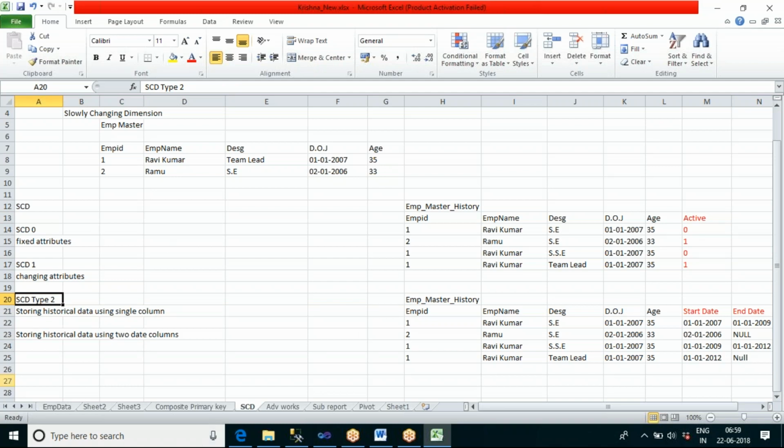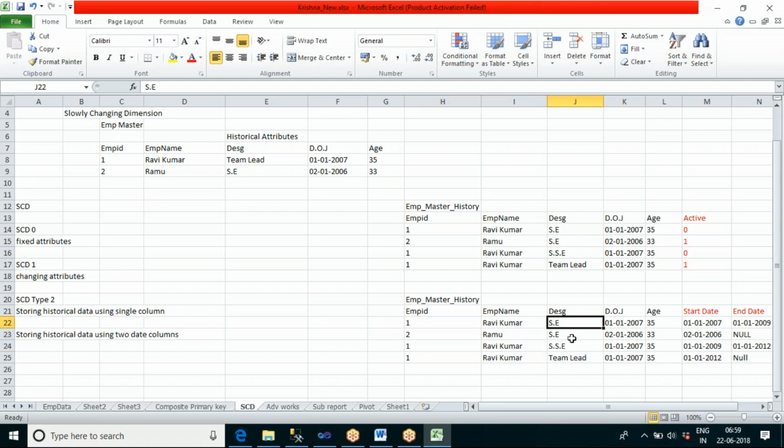Here you can see that whenever the designation name changes, we are inserting a new record with that changed value in the history table. This type of column, which requires the SCD type 2 change, is called a historical attribute. Why is it called a historical attribute? Because whenever the value of this column changes, we insert a new record in the history table and maintain the history of that column.